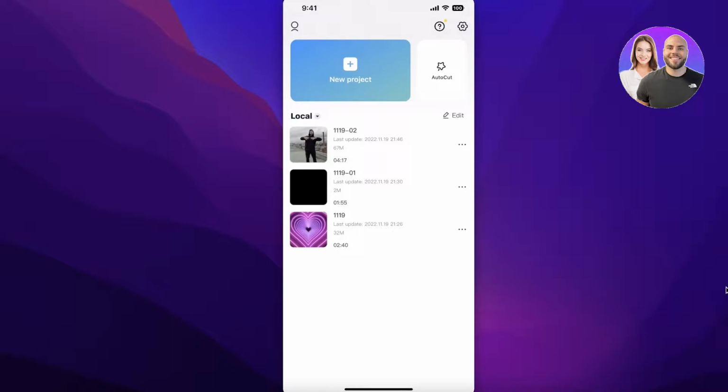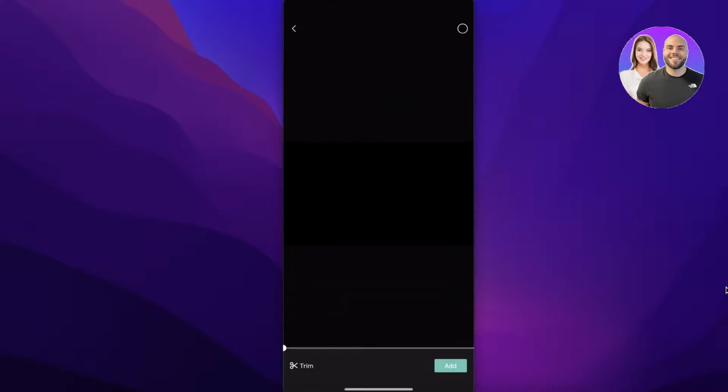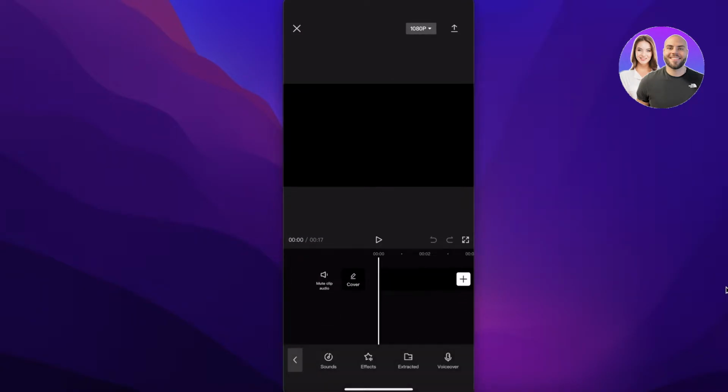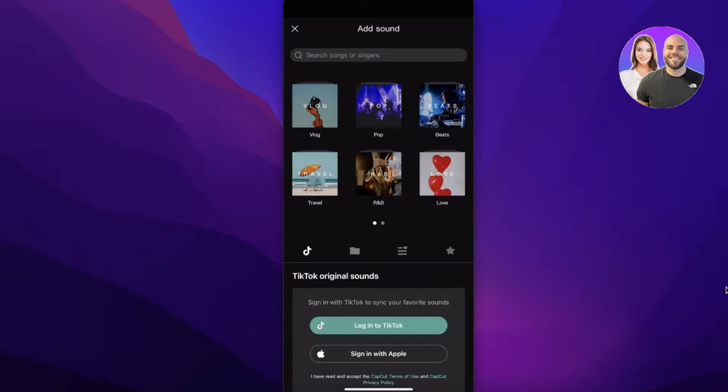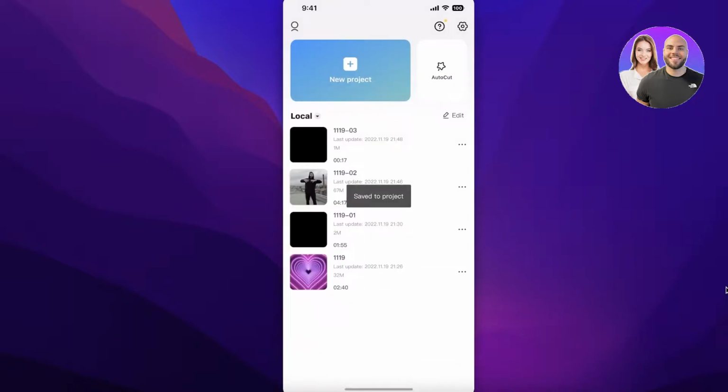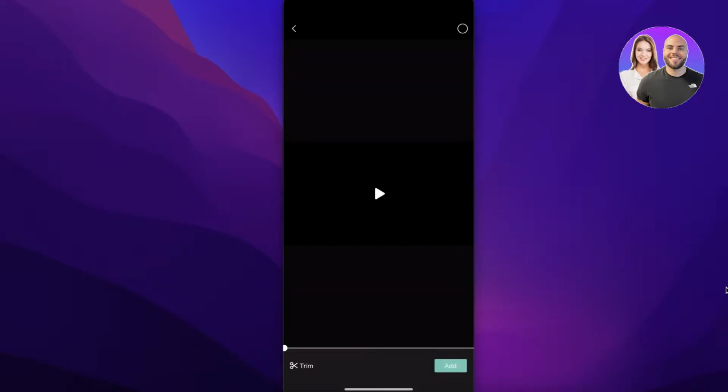Now, the first thing you want to do is click on New Project, and I have this video over here. It already has the sound embedded within it, but if you have a simple video, you can just click on Add, and then you can click on the audio section over here. You can click on Sounds, and you can import any sound from your device as well as get one of these recommended sounds. Usually they don't have any lyrics, so that's why I like to just go on ahead and